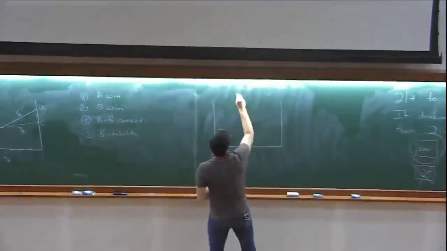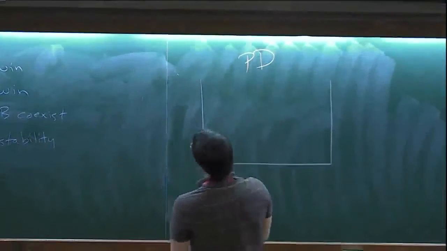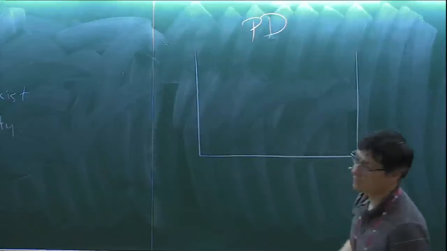All right, so what we'd like to do is figure out what this looks like for a prisoner's dilemma. We're going to assume that A is the cooperative type and B is the defecting type, and then we want to try to reconstruct the graph. Right, in the prisoner's dilemma,